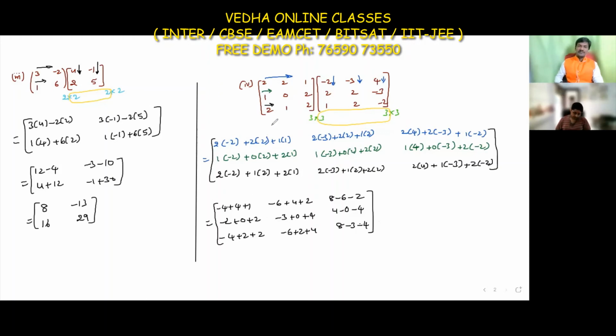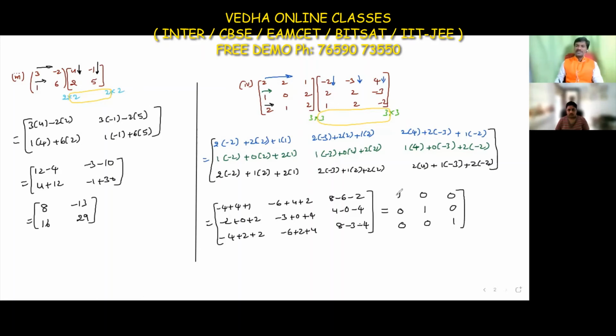Okay, so here try to simplify. Minus 4 plus 4 cancel, we get 1. Okay, 4 plus 2 is 6, 6 minus 6 is 0. Minus 6 minus 2 is minus 8, plus 8 is 0. And plus 2 minus 2 cancel, we are getting 0. 4 minus 3 is 1. 4 minus 4 is 0. So 2 plus 2 is 4, minus 4 is 0. 2 plus 4 is 6, 6 minus 6 is 0. Minus 3 minus 4 is minus 7, plus 8 is 1.